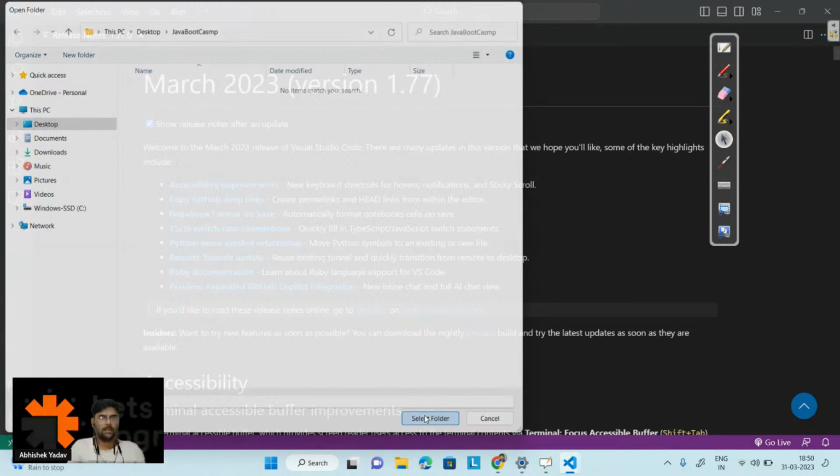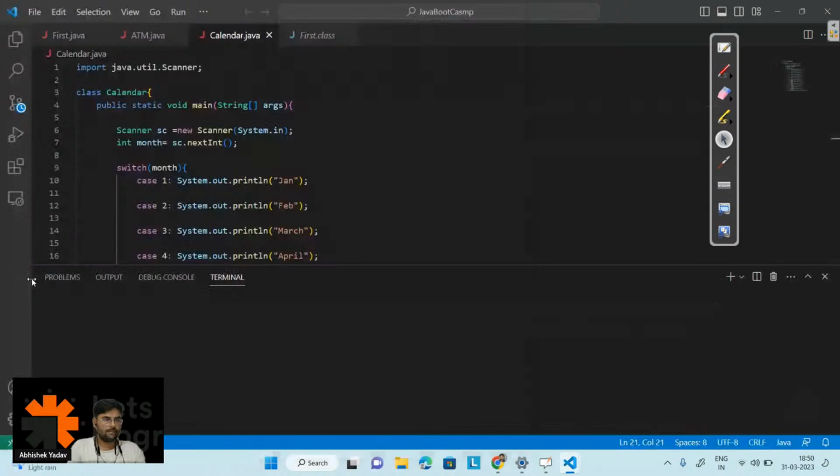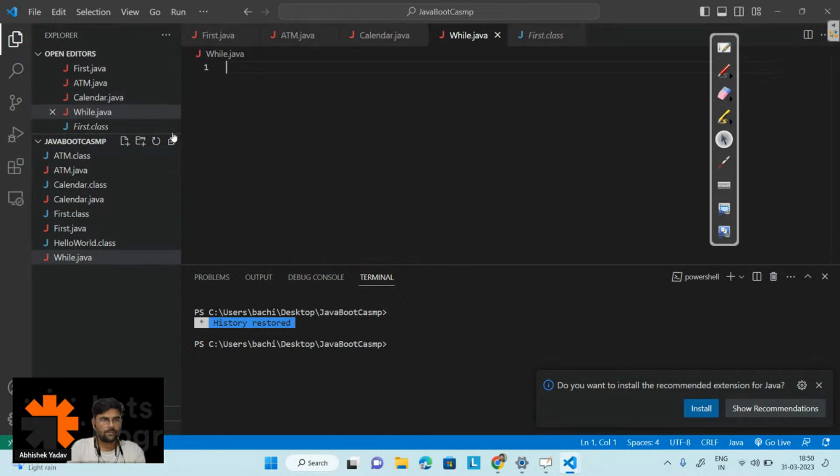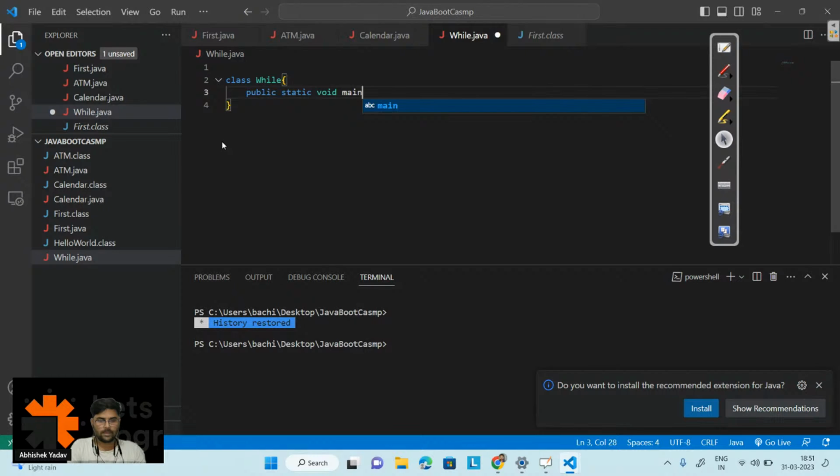So here, let's create a new file, right? We have while loop. Let's create a file for while loop, While.java here. And after that, what we need is a class, and the name of the class should be same as the file name, that is While. And after that, we have public static void main, right? That will be the entry point of the execution. String